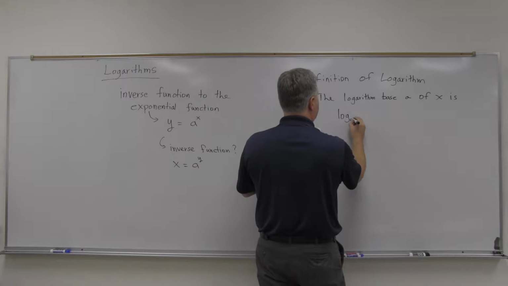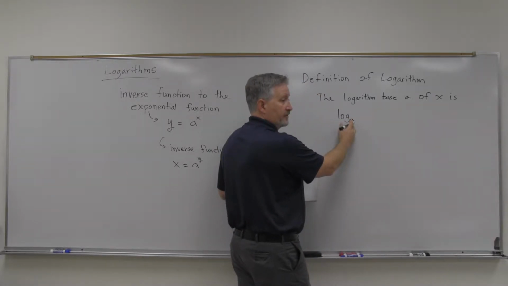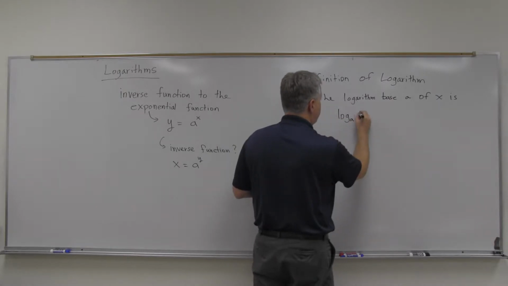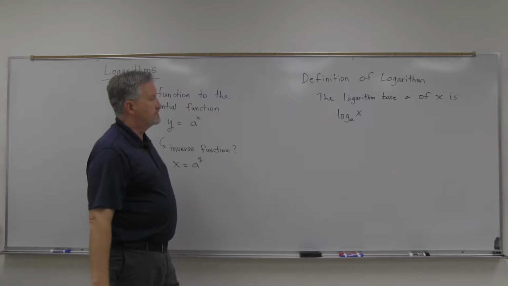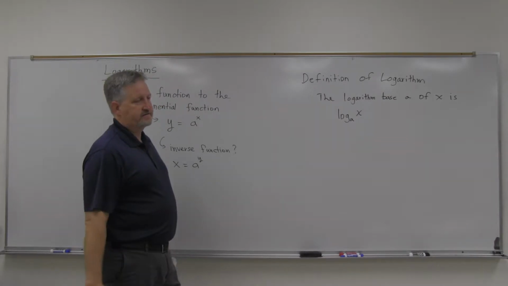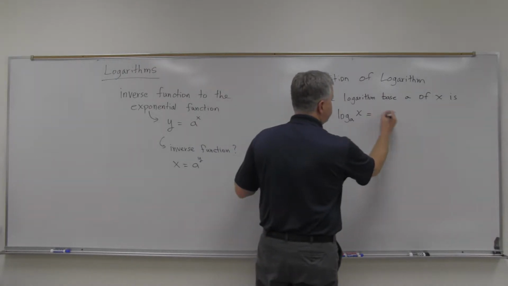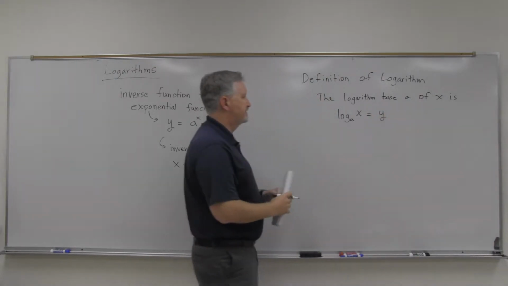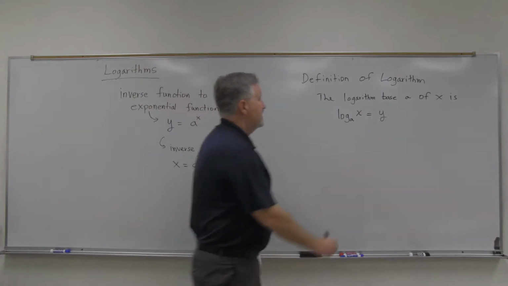The base a goes as a little subscript on the log, and then the x, what we're taking the logarithm of, goes beside that. So log base a of x equals y, which is just a number, the value of the logarithm,